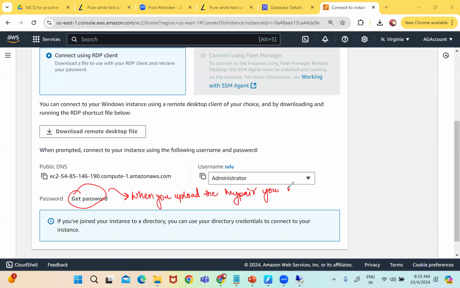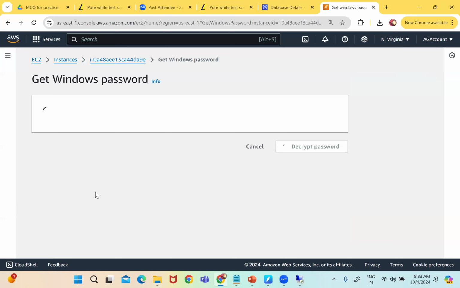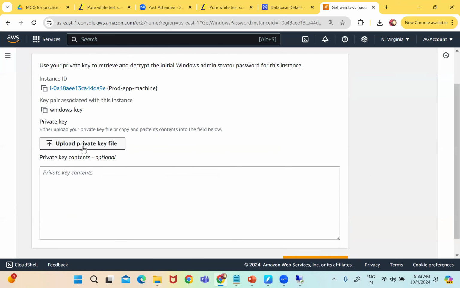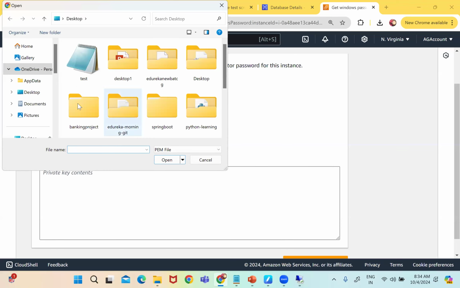you will be able to generate the password. Okay, you will be able to generate the password when you click on this get password option. So I will be going and clicking on this get password option here. And we have an option of uploading the private key, which means I can upload the key pair, which is there. So when I click on this upload key pair,